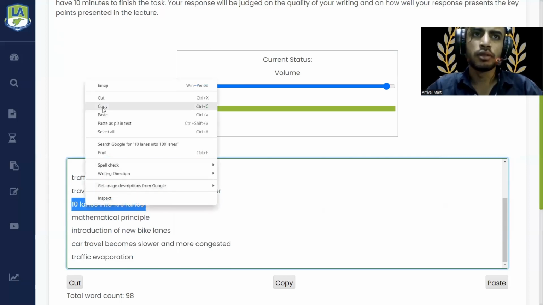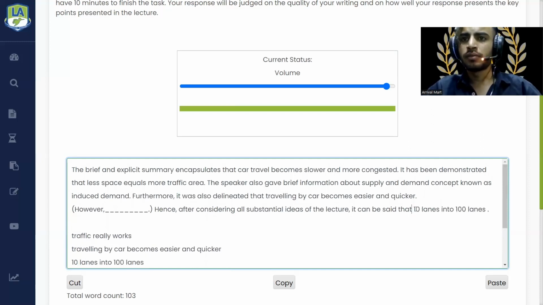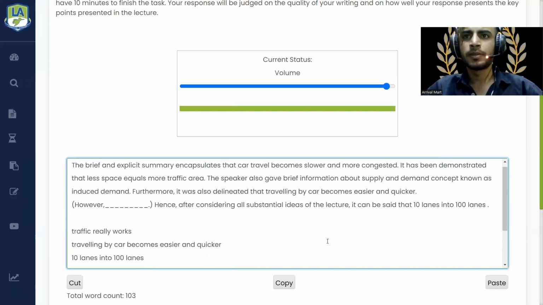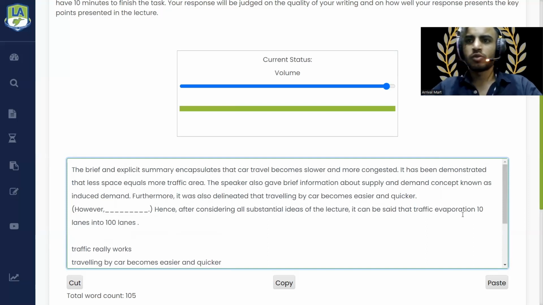Now I'm going to use these phrases, 10 lanes into 100 lanes. It can be said that can cover